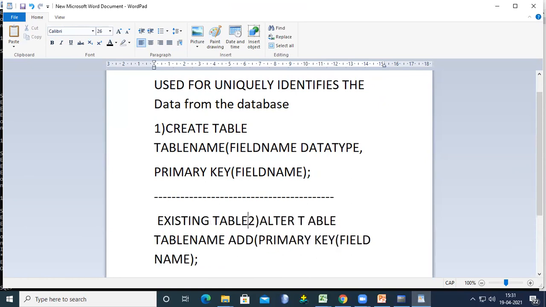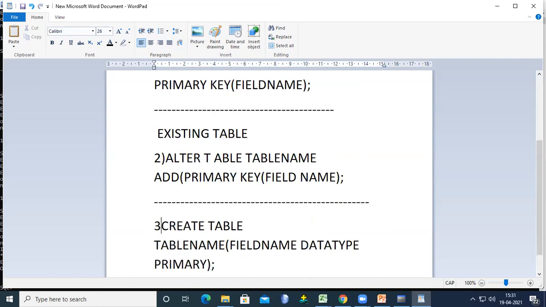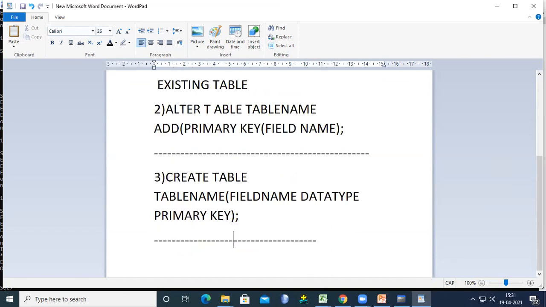How do we add the primary key for an existing table? This is the third type of way of adding the primary key: field name, data type, and here we specify primary key. So now we are discussing referential integrity. Okay, referential integrity.